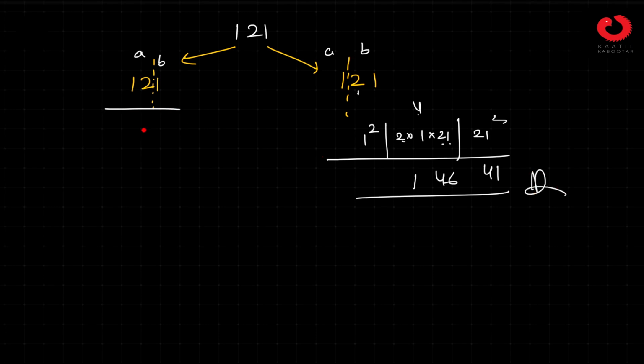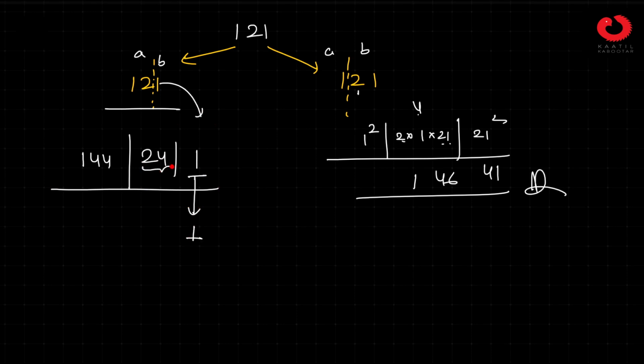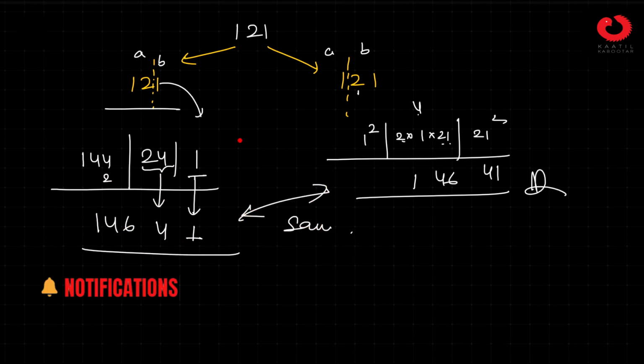Now coming over here, it will be the same thing, it will be 12 square means 144, here will be 2 into 12 means 24, and here will be 1. Now see, 1 square is 1, so you just have to write 1 digit. 1 digit will come here as 1. Here it will come as 4. 2 will go here, and it will come 146. Now you see these answers are same. So it is independent of the way you do the partition. Okay, so this is the method of partition.